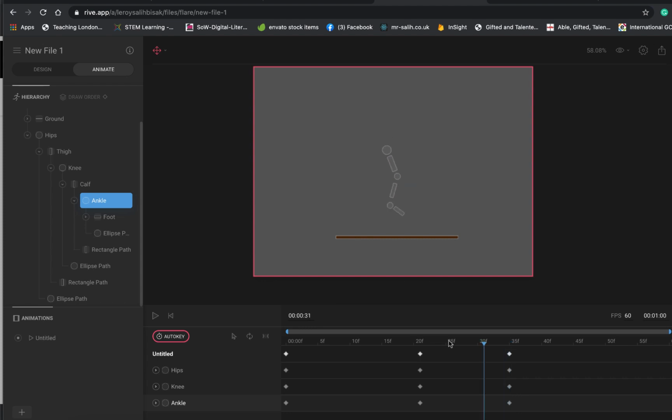Okay, so now let's just see how this goes. I run through it. It's coming down, compressed, up in the air,